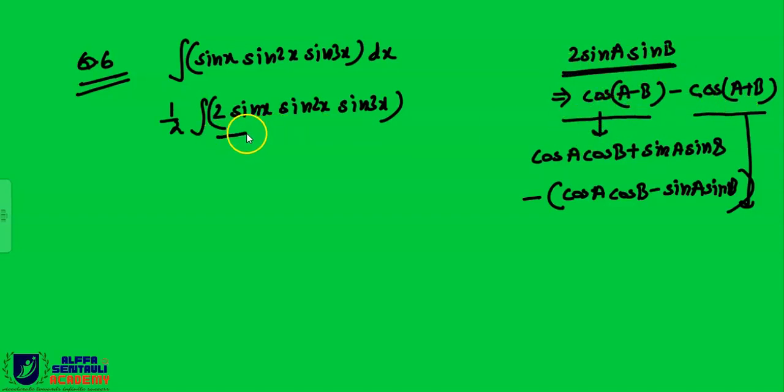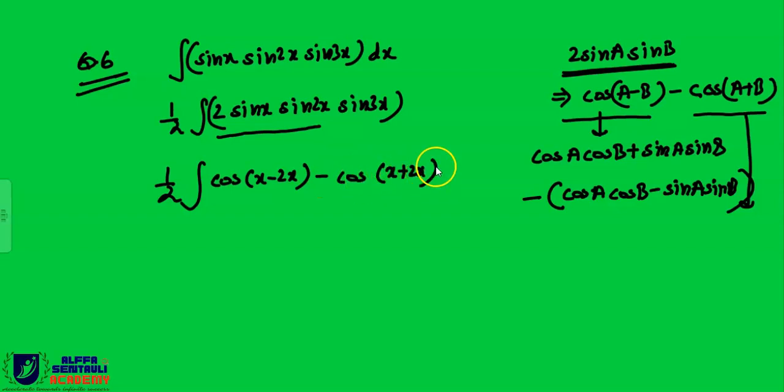So in place of this term 2 sin a sin b, you can write in this way, cos x minus 2x, then minus cos x plus 2x. Correct? And then you have to multiply by sin 3x dx. Then you have to take another assumption beta. After solving this, when you multiply with sin 3x, then you have to use this formula 2 sin a cos b. So it has a different formula. We have already studied. So what is that formula?